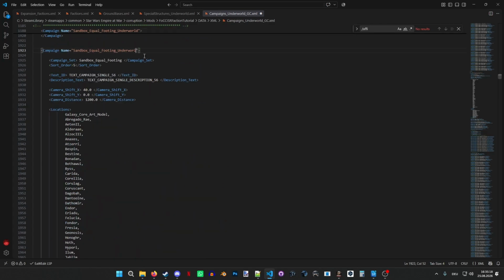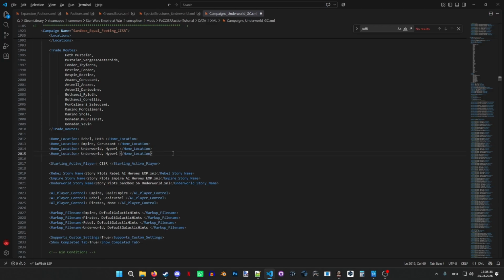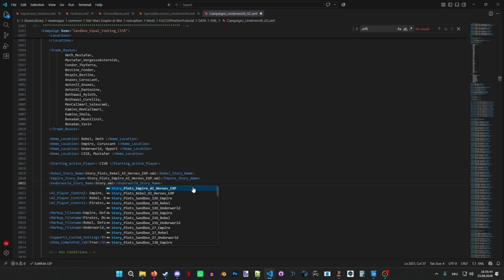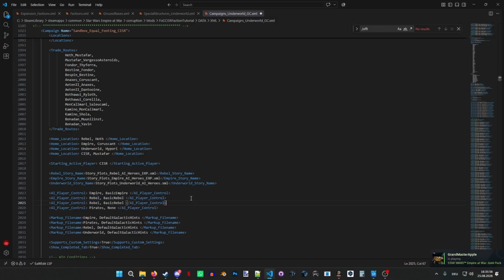We then need to rename this so that the game knows, okay, this is a different campaign entry. We do the same ordeal here, and starting active player will ensure that the CISR is actually playable in your GC in this new entry. We then add ourselves a little home location, CISR with Mustafar. We swap out the story plots so that we do not get greeted with the Underworld. And we add one more entry where we swap out Rebel for Underworld with